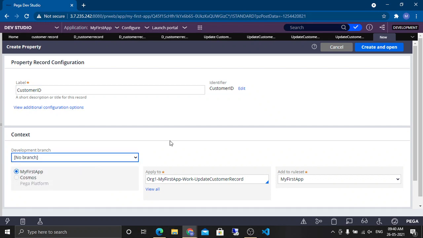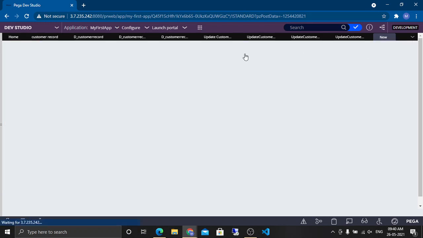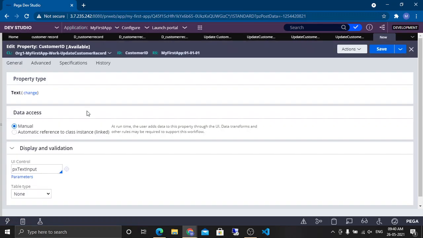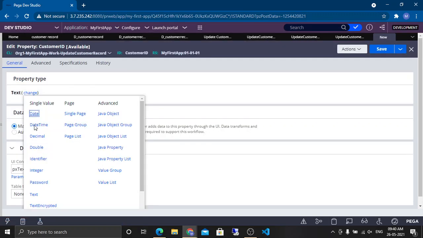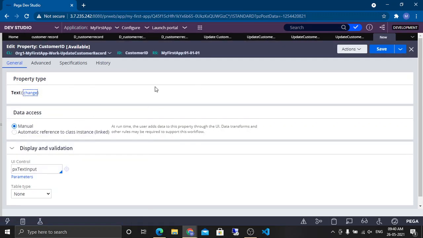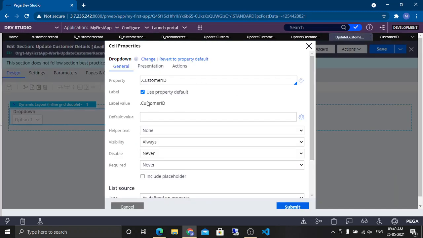No, branch I don't want to use. Let's take it integer. Okay, save. So now we have this variable. Let's jump back to the UI. Let's keep it, please select customer.